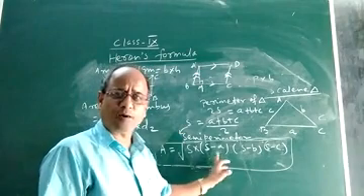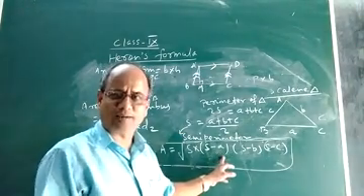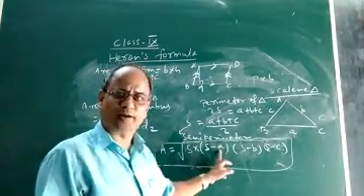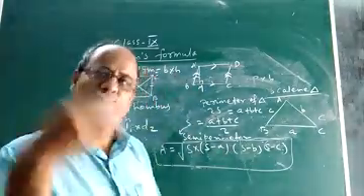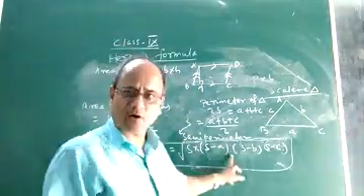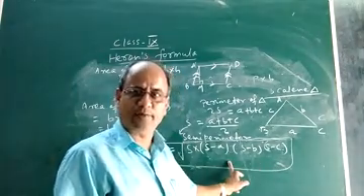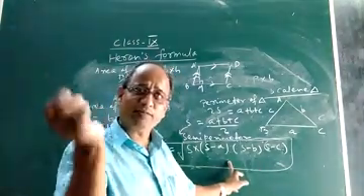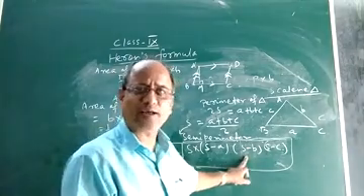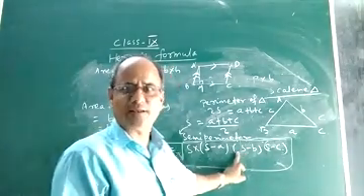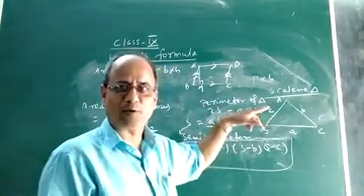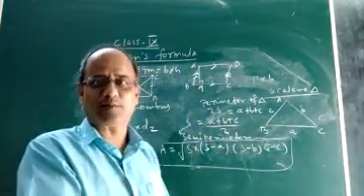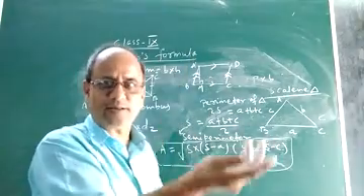Not that we will use this formula only for a scalene triangle. We can also apply this formula to find the area of any triangle, provided the lengths of the three sides are given. They may be the same, they may not be the same. If they are not the same, then no doubt this formula will be used. But if the lengths of the three sides are the same, then also we can use this formula to find the area of that triangle, instead of using the equilateral triangle area formula, root 3 by 4 into square of the side, or half into base into height.